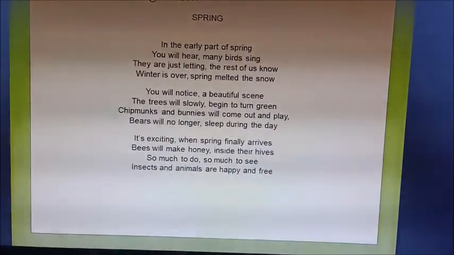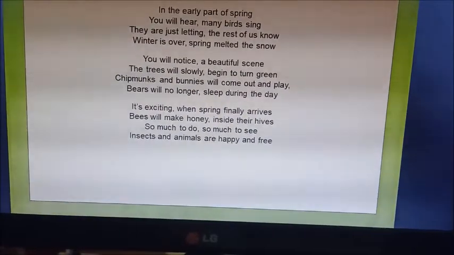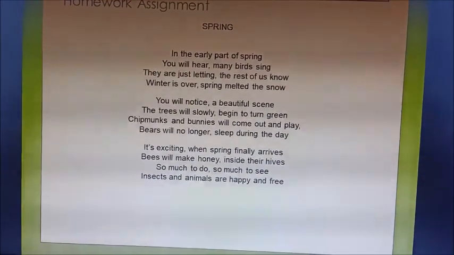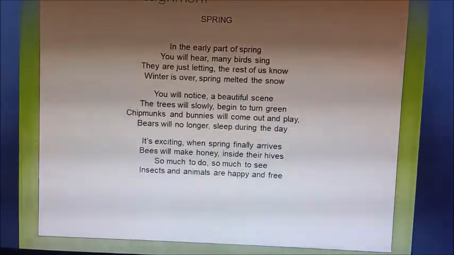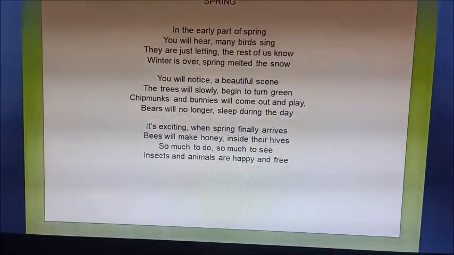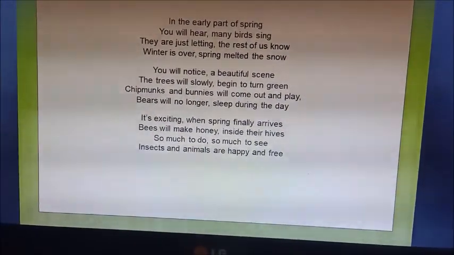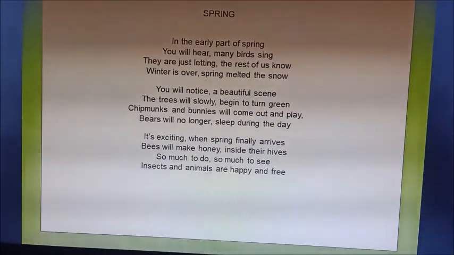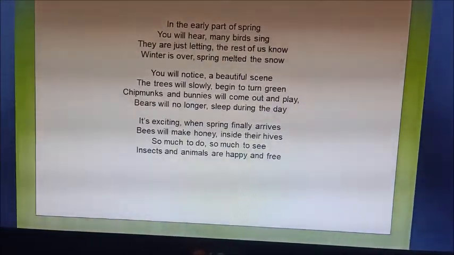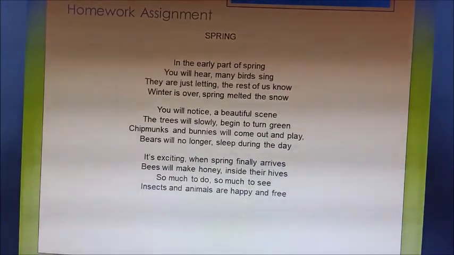Before we end our class today, I will assign you 2 homeworks. The first one is to analyze this text and answer the questions in the slide from number 1 to number 4. The second one is to write your own poetry, and all of this will be submitted next week. I hope you are able to do your homework.